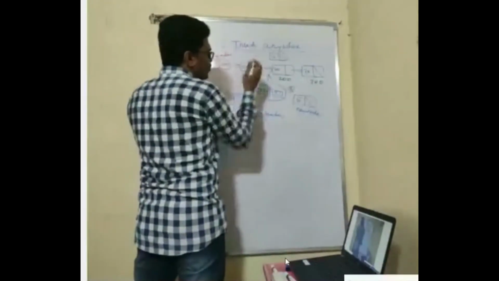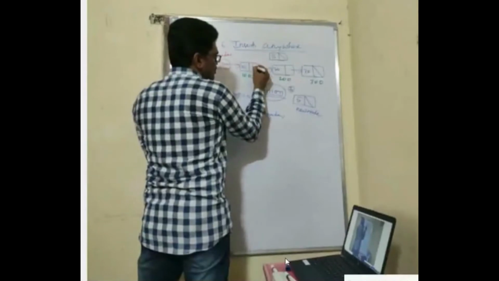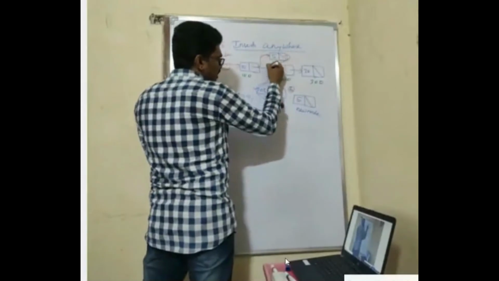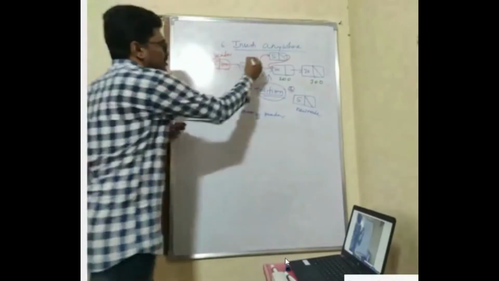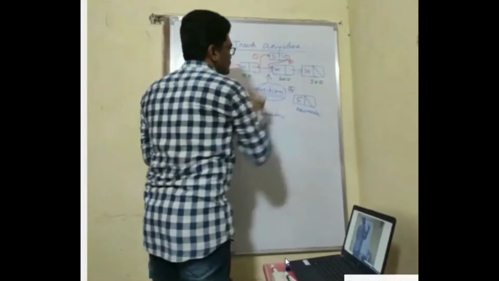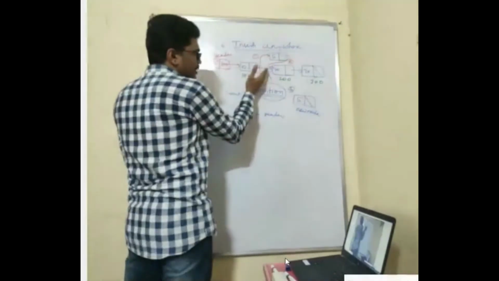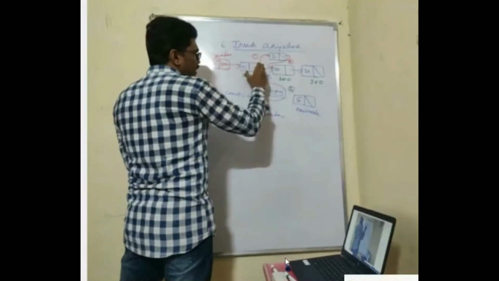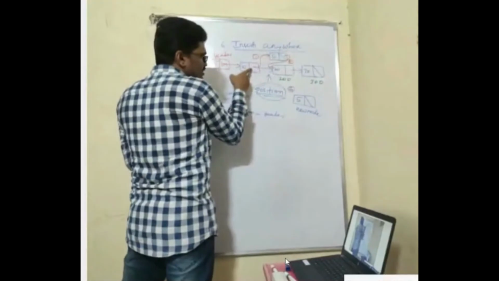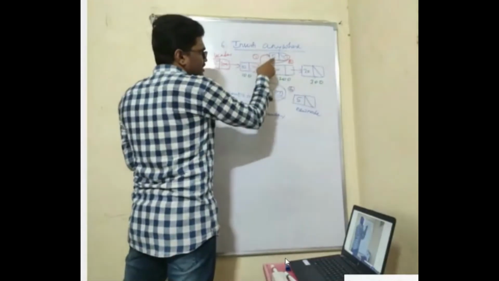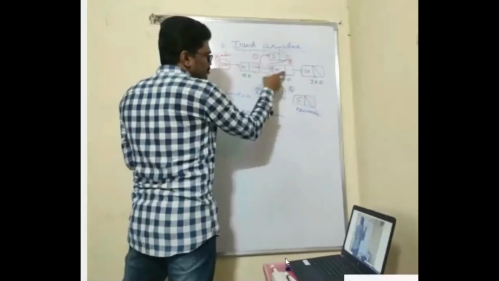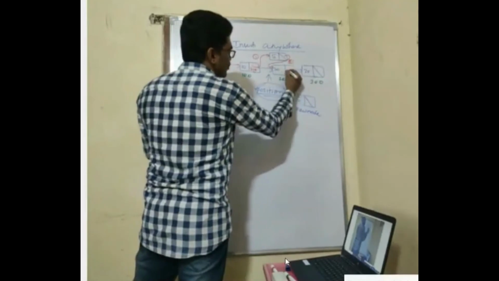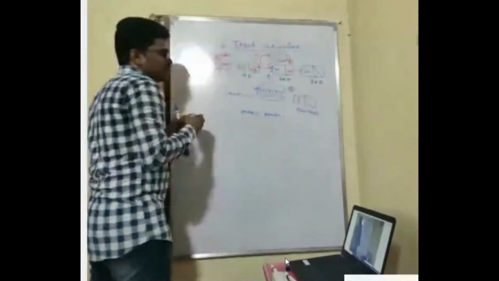So what should be done? In this node's next field, I should store the address of the new node, and in the new node's next field, I should store the address of the next node. These are the two steps you have to do. First, I need to arrive at this position. Then I insert the address of the new node in this one, and in the new node's next field, I insert the address of the next node. So here we'll have 200, here 300, here 100. This is the address of this one.